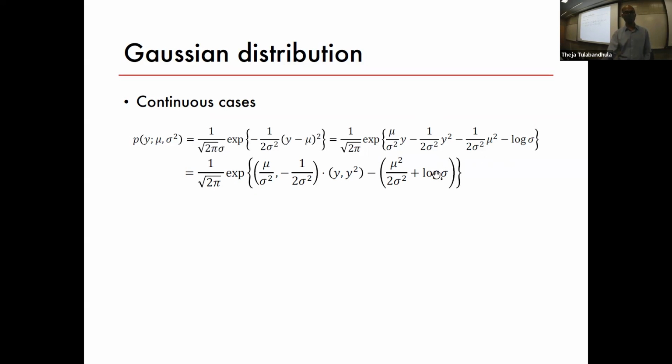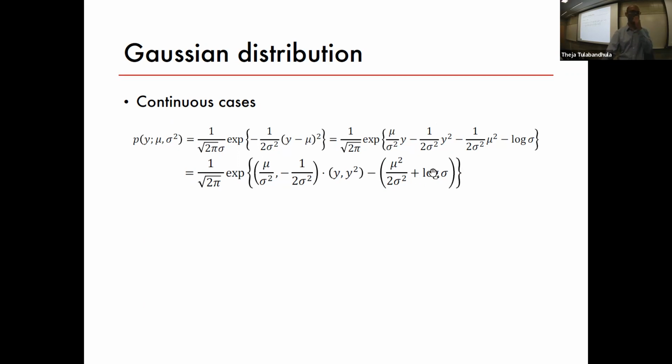This sigma you can convert into log of sigma, because sigma here is e to the power log of sigma, same thing. So because of this expansion, there are two terms which involve y: mu by sigma square and 1 by 2 sigma square. Just think of that as a row vector, and then y and y square as a column vector. So you have a row vector times a column vector, some sort of inner product, and then